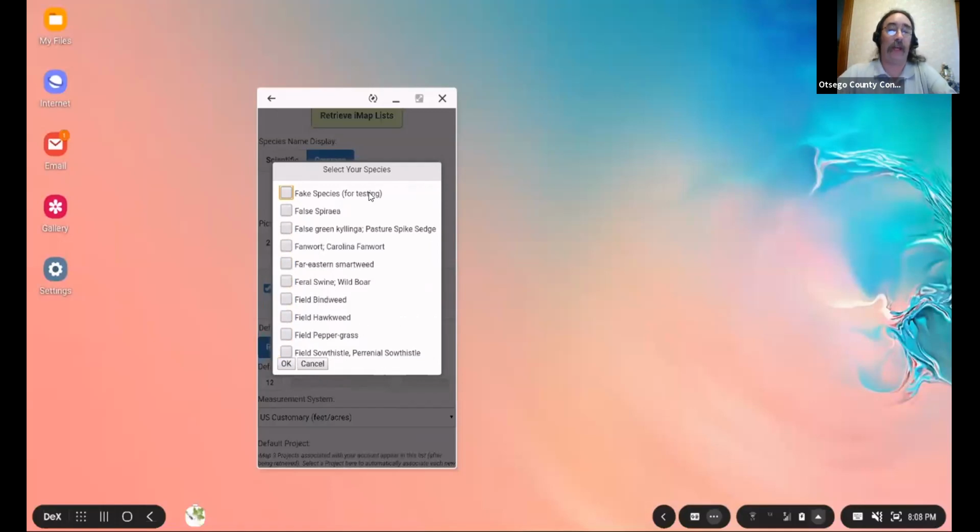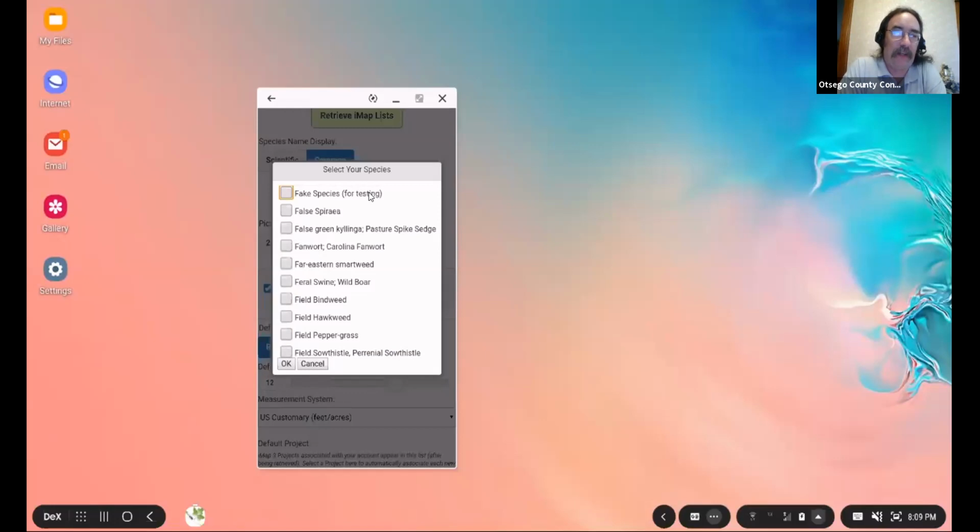So this is one, and I think it's kind of built in, so I don't know that you have to select it necessarily. Fake species is something that the iMap folks put in here for workshops so that people could practice making an entry, and it's pretty helpful. That way they're not getting fake records.